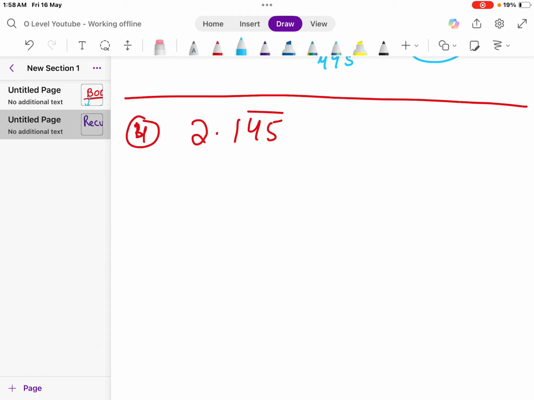Now again, what we need to do, you can see that maybe I will change something in this question. For example, I will put a bar here now, 2.145. Now 1 2, so it will take 2 steps to start the recurring number and 3 steps to end the recurring number. Now, a very interesting question. So the recurring number starts after 2 digits and ends after 3 digits. So first I will write the ending. First we have to make the question in this form,